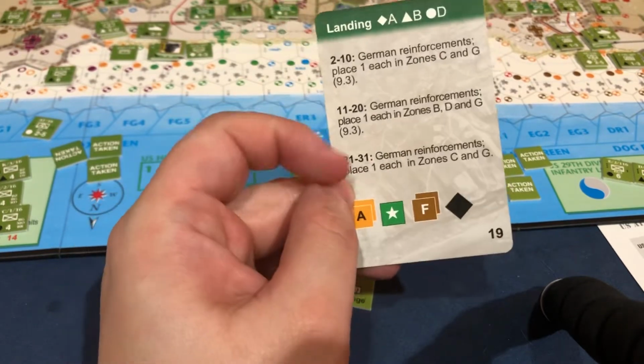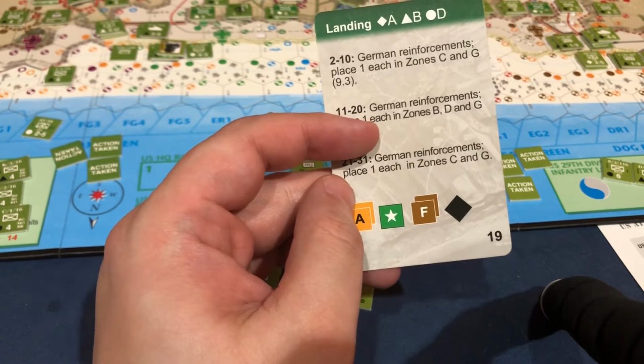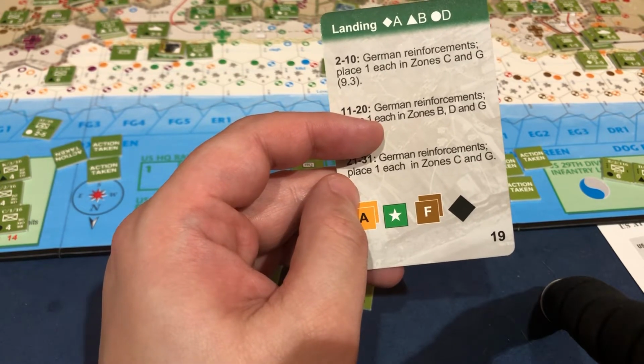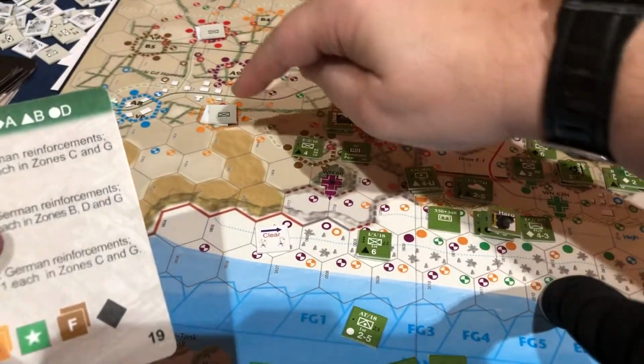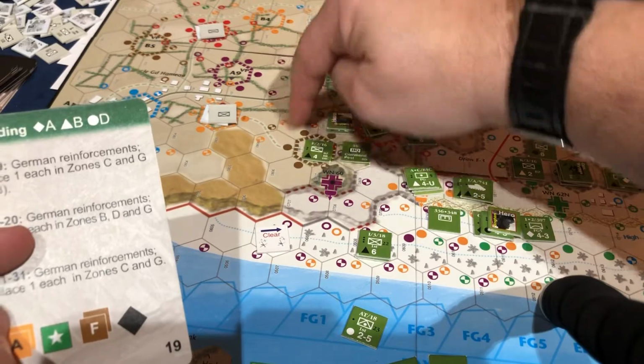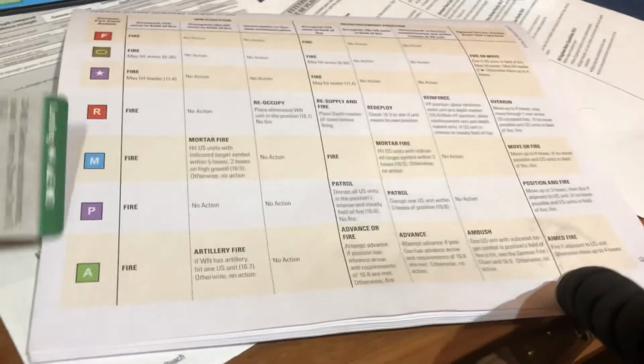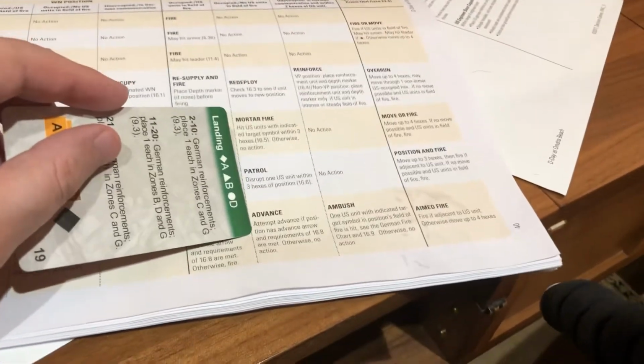Double gold. There's 2 of them in play, and it has an A on it. Okay, so A, I think, is advance. So let's look at the 2. This one here cannot, there's US units more than 2 spaces away, and then nothing's in its range. So it's a reinforcement position. It's occupied, but there's no US units in the field of fire. And then A is the very last one, so he's going to advance